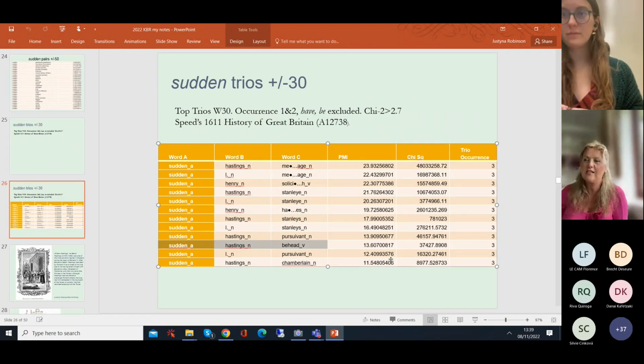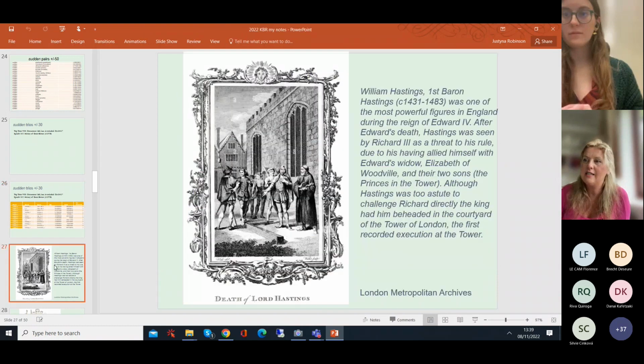And I went into the text and started reading it. It was actually about a very significant event in the history of Britain, the beheading of William Hastings, the first Baron Hastings. It was such a significant event in the history of Britain that it was almost captured by pictures. Okay, so this concept that was elicited for me as a trio of three words, saying sudden beheading of Hastings,